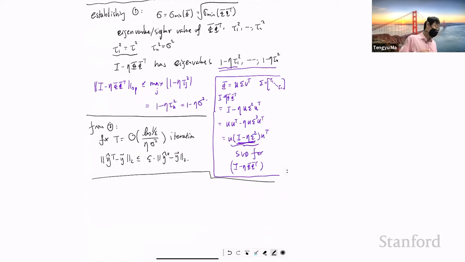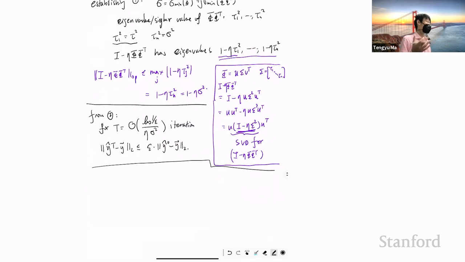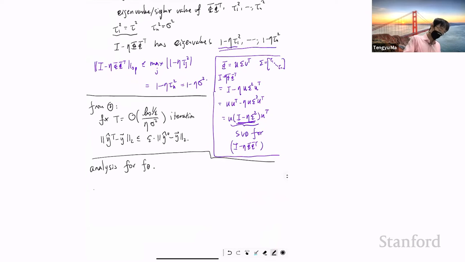So this is the analysis for G, and now let's talk about the analysis for F. You'll see that the analysis for F is very similar to this, just with some tweaks. Maybe let me state the theorem just so that we have a formal statement somewhere. There exists a constant, say C0 between 0 and 1, such that when this key quantity beta over sigma square is less than C0,